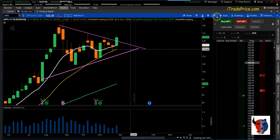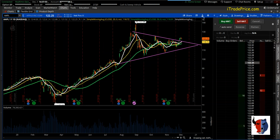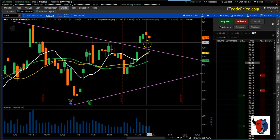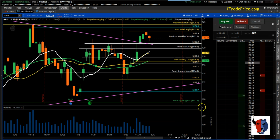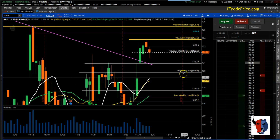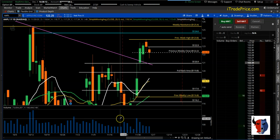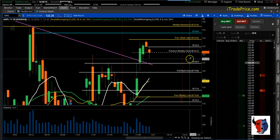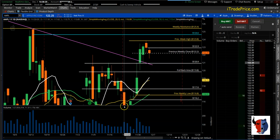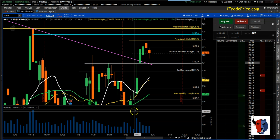And moving on into the daily time frame, zoom in here. Yeah, so a little bit of weakness towards the end of last week, but nothing too concerning. Let me bring in them levels and I'll increase that. So I like to label my levels here just so that it's easy for me to know what's what and what's the importance of each level. It's just easy to maneuver and gauge the price action in terms of its location